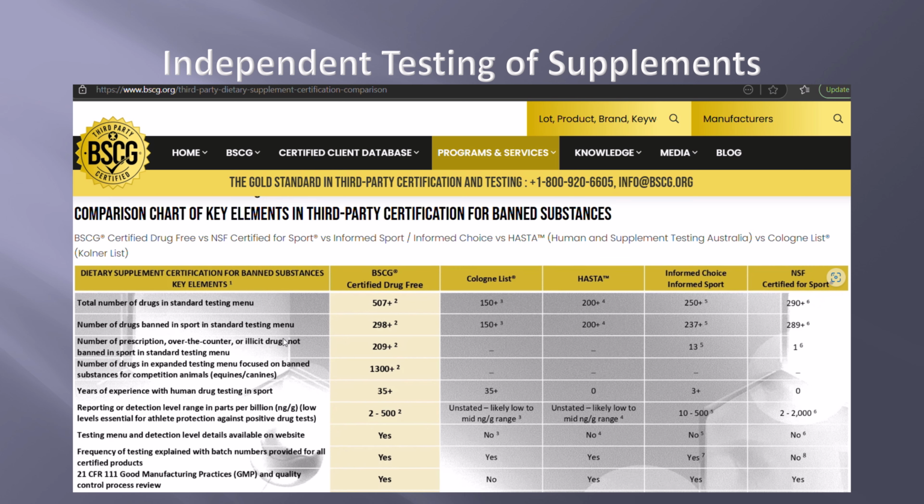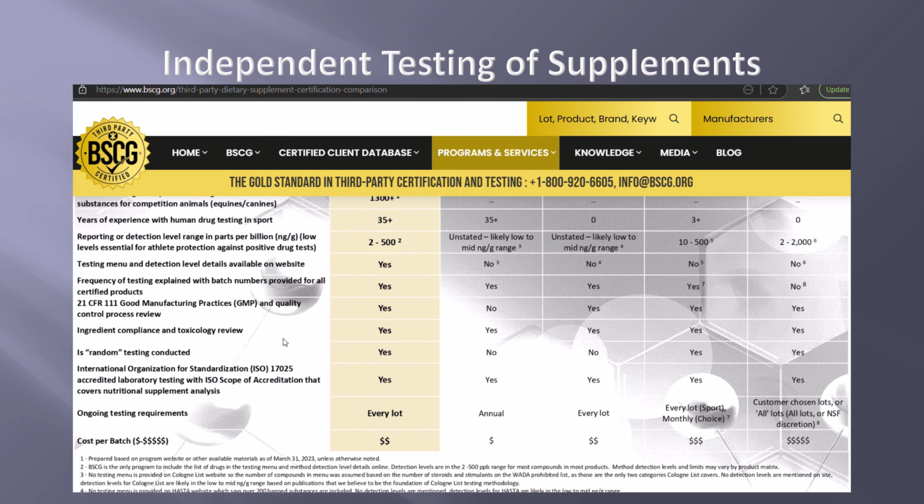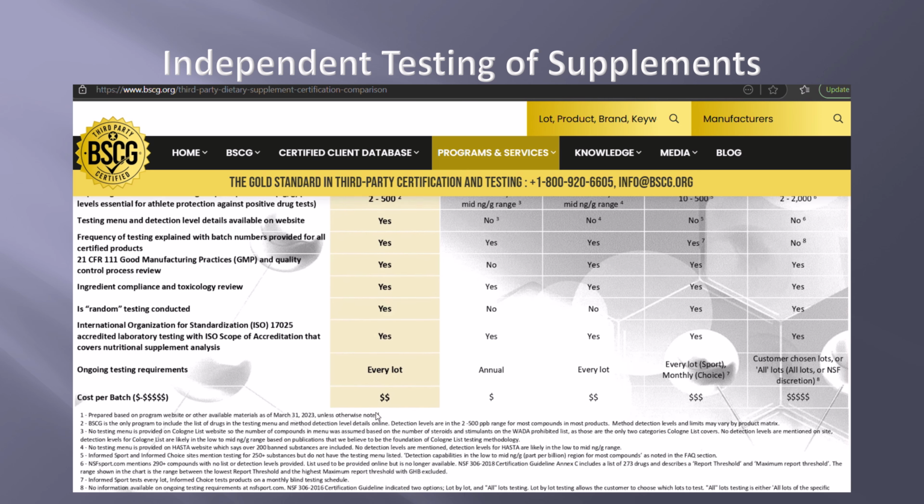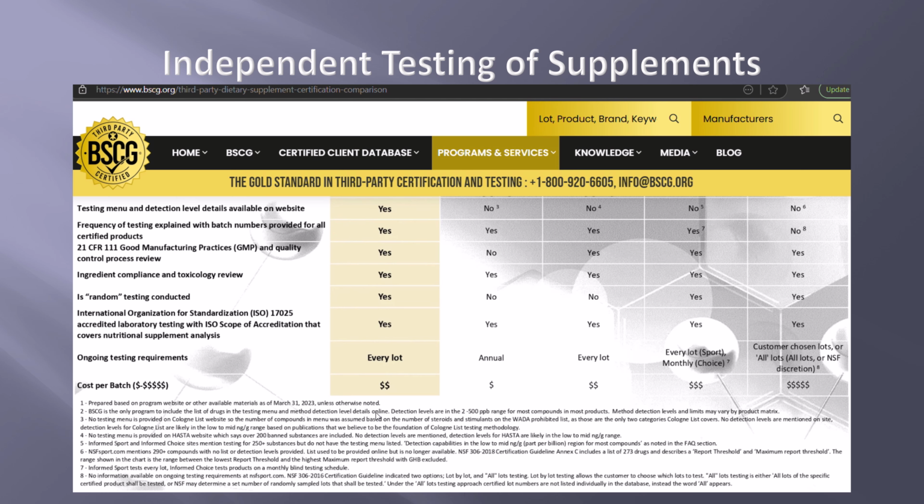But you can see here the menu of tests, what is tested for specifically, and it even gives some information about whether or not every lot is tested, which is very important for our athletes. And if not every lot is tested, we need to actually go to the website and look for the specific batch number. So this gives us a little bit more assurance with the companies that do test every batch or every lot number.